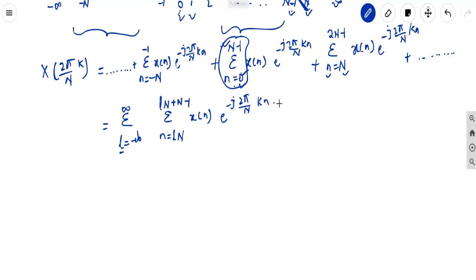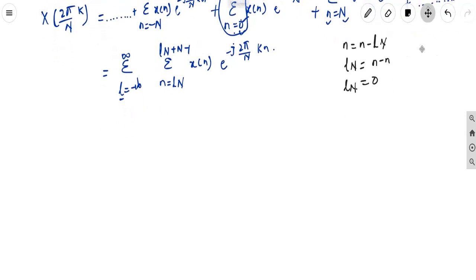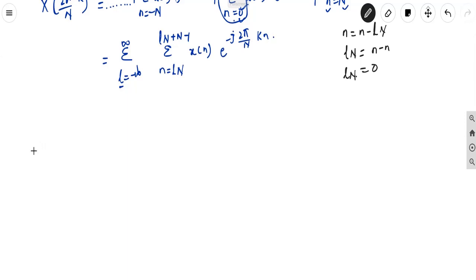Okay, so in this equation what will I do? I will try to change the value of n, that is n minus LN. If I take it like this, this becomes LN, so n minus n is 0. So this will be the value of LN. So this value I'm going to represent in the above equation. So the equation becomes,